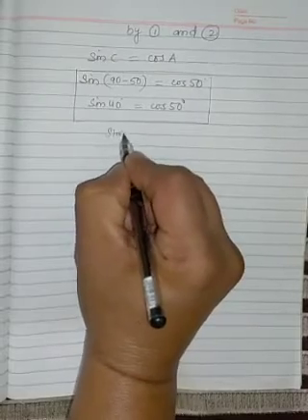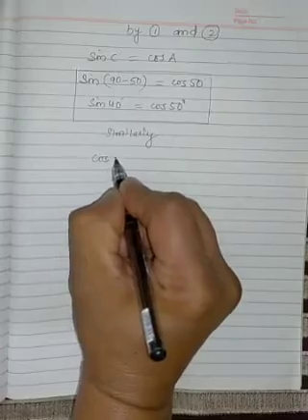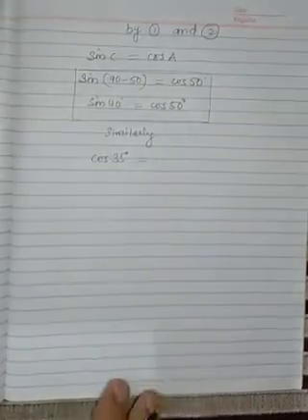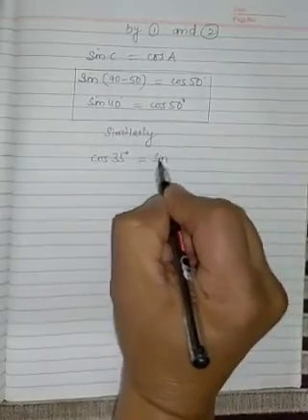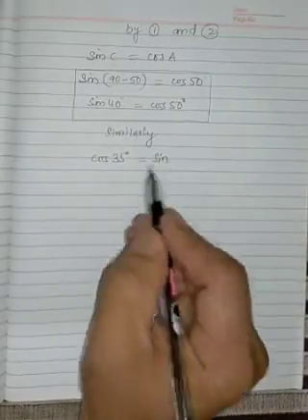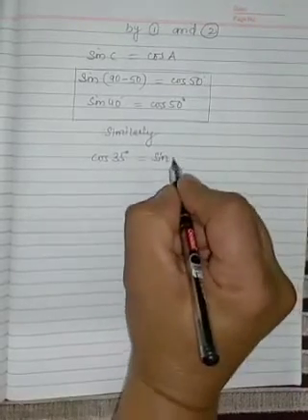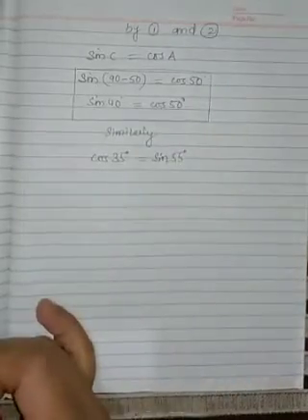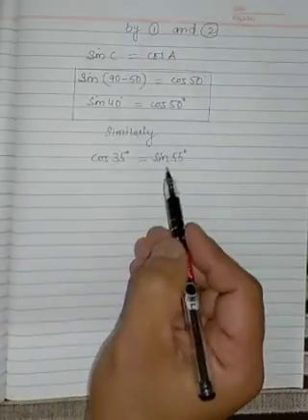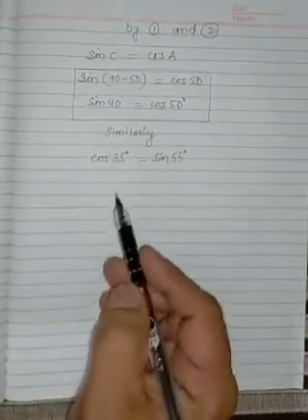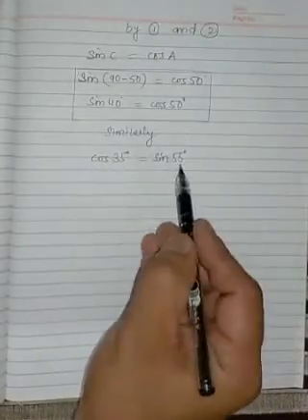Similarly, let me give you some examples. If you are given cos 35 degree, so cos 35 degree can be written in terms of sine. Cos converts into sine and angle converts into its complementary. The complementary of 35 is 55 degree. Directly we can write this one. You can derive it also, or you can use the formulas also. But if we are solving any question of less weightage, in that case we can directly write this relation like this.